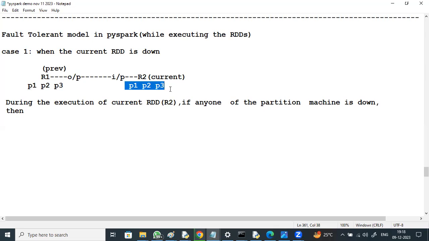Everything is cleared from the RAM and reinitiated and reloaded into other slaves, other than the current systems, by taking the input from R1, where R1 is still available. So it will deallocate, again take the input from R1 and load into three different machines other than those machines, right? Understood now? Still, during the execution, if any one of the partition machines is down,